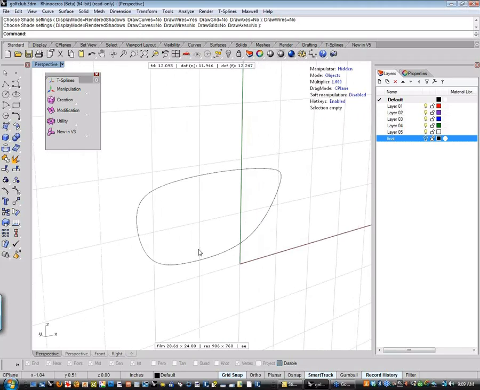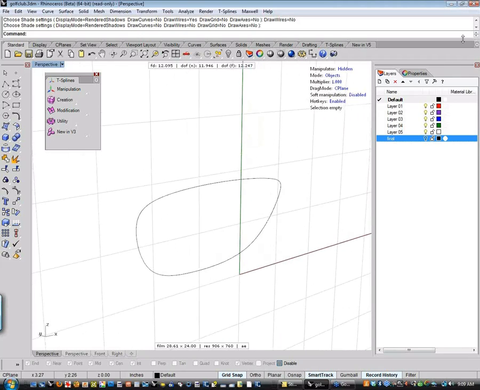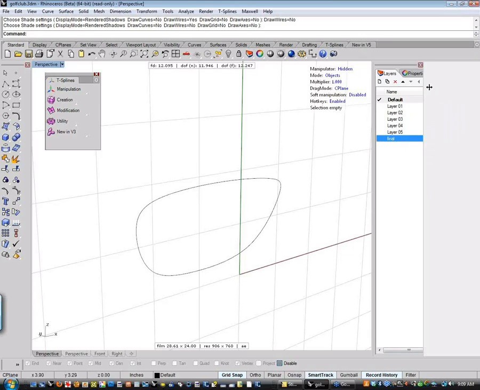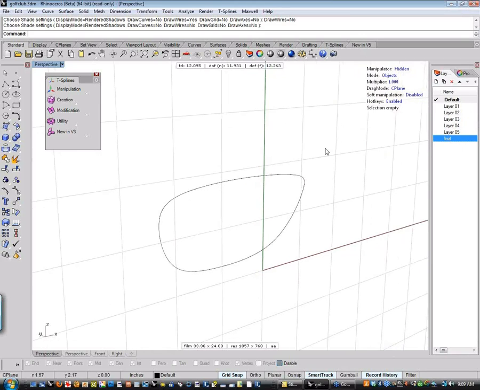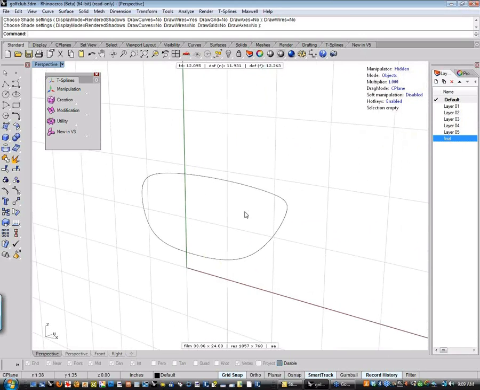And before I get started, I want to talk just really briefly about the T-Splines interface and basically what you're looking at and how things work and the relationship between the T-Splines interface and the Rhino interface. There's a couple of things that are going on here. If I open the T-Splines toolbar,